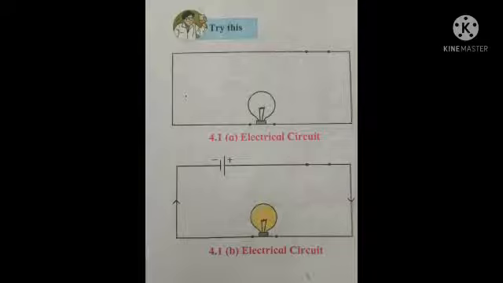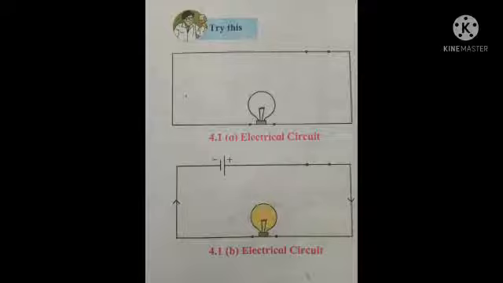You can see the given picture, which is taken from your textbook. Take connecting copper wires and connect the circuit as shown in figure 4.1. In the first condition, no current is seen to flow in the bulb, as in figure A. Now connect in the same circuit a 1.5 volt dry cell available in the market, as shown in figure 4.1b. It will be realized from the glowing of the bulb that a current is flowing in the circuit.